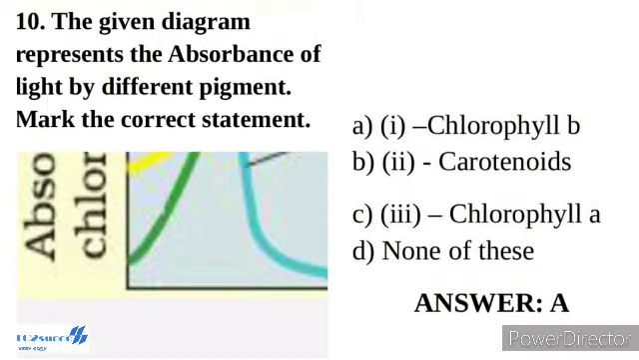Question number 10. The given diagram represents the absorbance of light by different pigments. Mark the correct statement. Shown in the diagram, graph showing the absorption spectrum of chlorophyll A, B and the carotenoids. Looking at plants, have you ever wondered why and how there are so many shades of green in their leaves, even in the same plant? We can look for an answer to this question by trying to separate the leaf pigments of any green plant